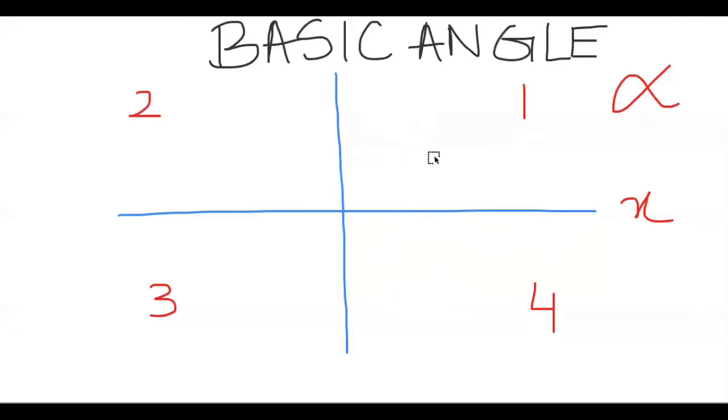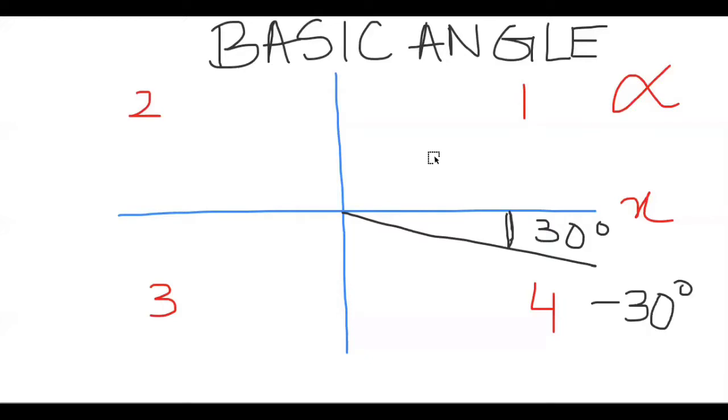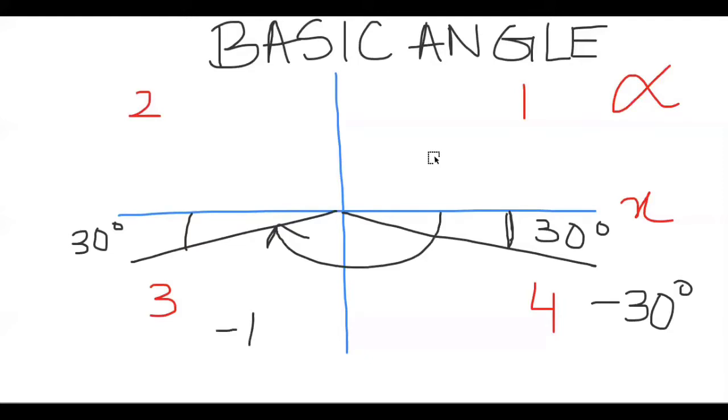Let's take the same example of alpha being 30, our basic angle being 30. So if we start drawing alpha from the fourth quadrant, then we are going to draw it 30 degrees over here, but our theta will then be negative because we are starting from the fourth quadrant and going till the first quadrant in a clockwise direction, and that's why our theta will be negative 30. As we draw it in the third quadrant, then alpha will remain as 30 degrees. It will always remain positive, but our theta will be negative 150 degrees.